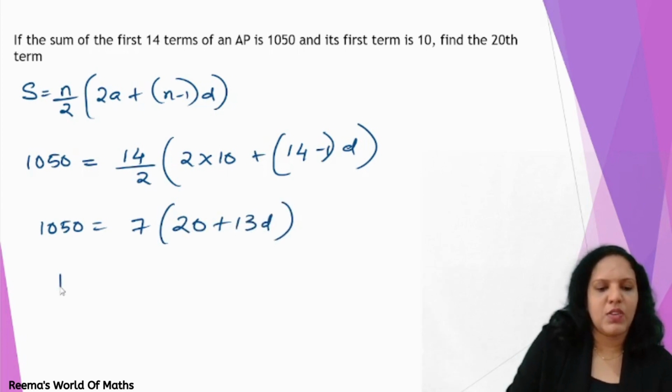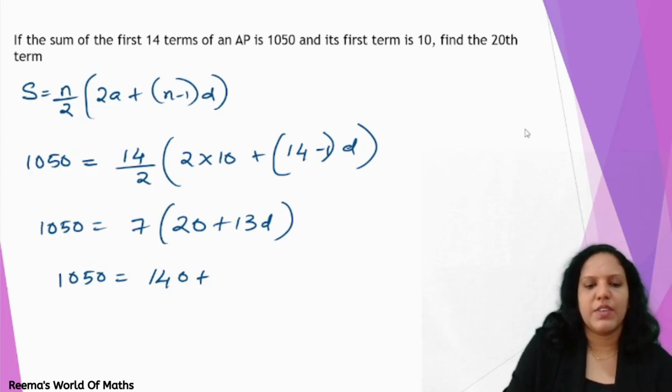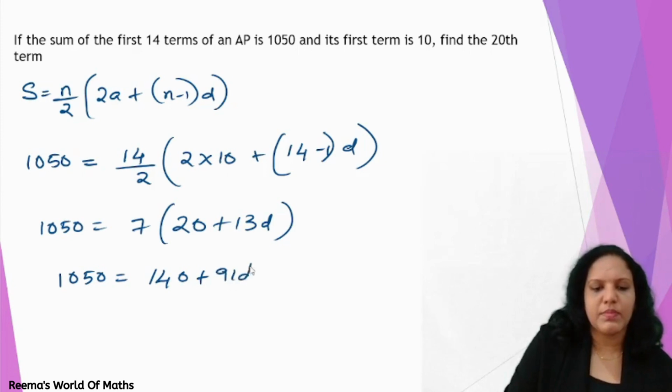Which is 1050. 50 equals 7 into 20, which is 140, plus 13 times 7 will give you 91. 13 times 7 is 91D, which is equal to